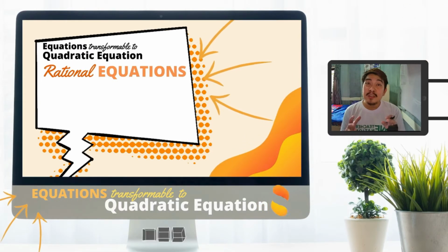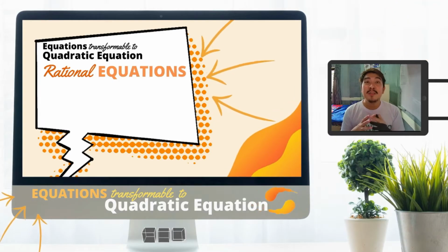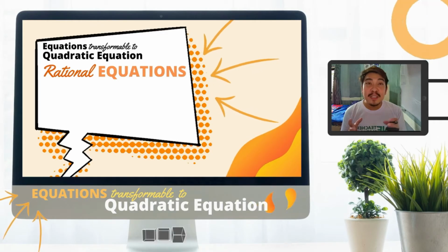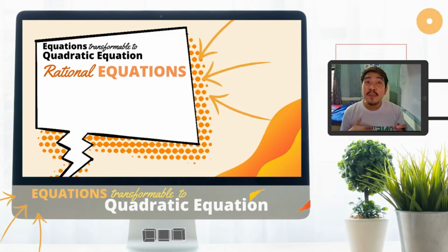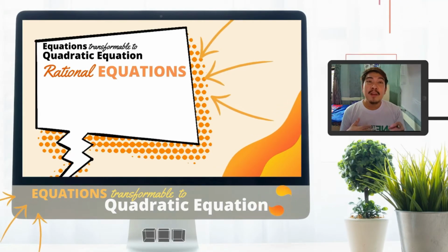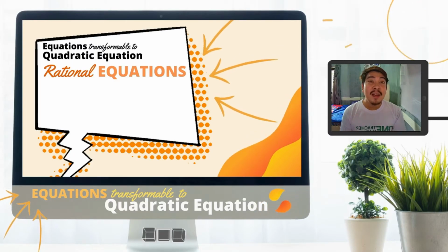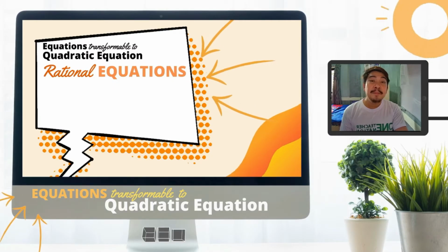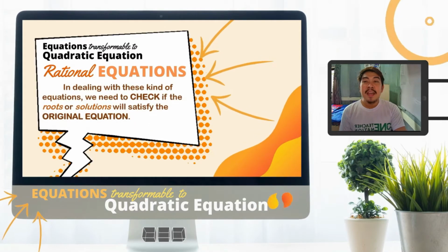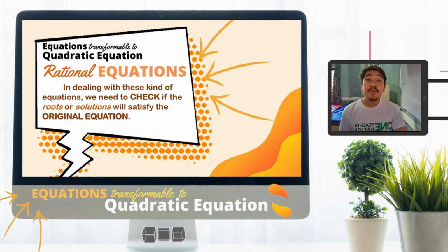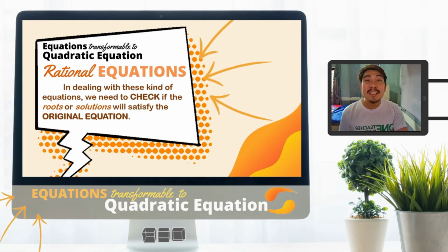Yun yung rational equations. Pero hindi lahat ng rational equations kayang i-transform sa quadratic equation. So ano ba yung rational equations? These are equations in fractional form. Okay? Pero kailangan nating tandaan na yung denominator ay bawal maging equal kay 0 because it will be undefined. Ayan. So in dealing with this kind of equations, we need to check if the roots or solutions will satisfy